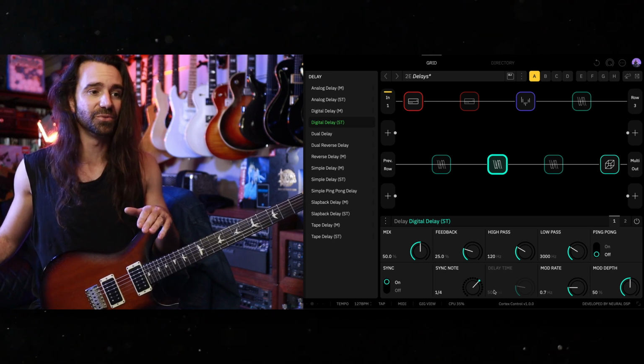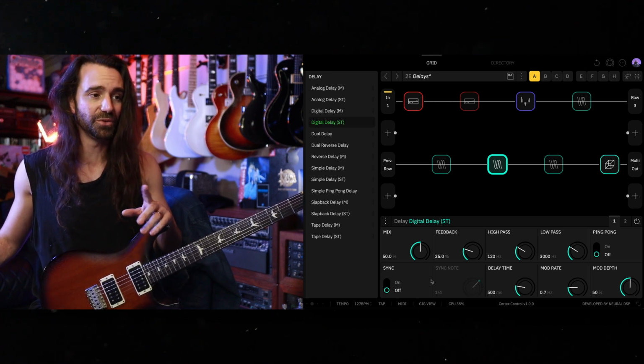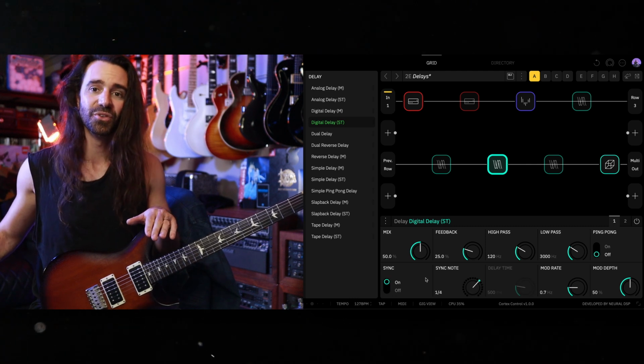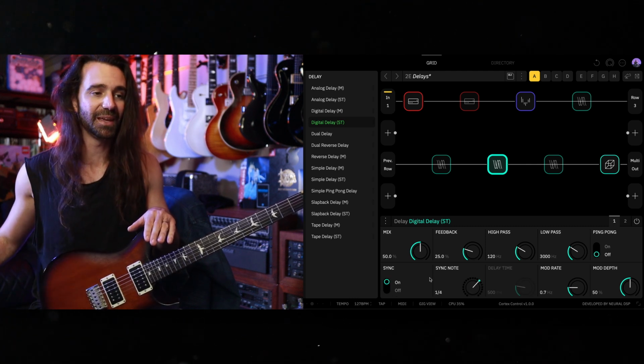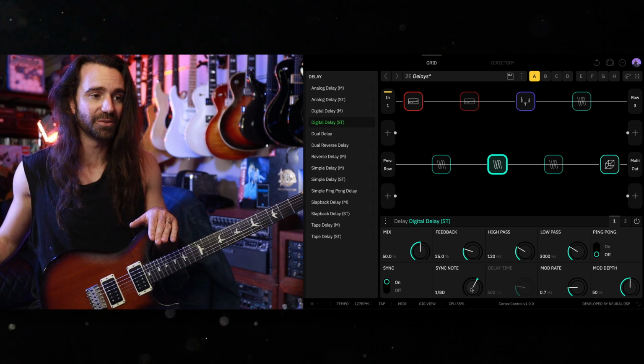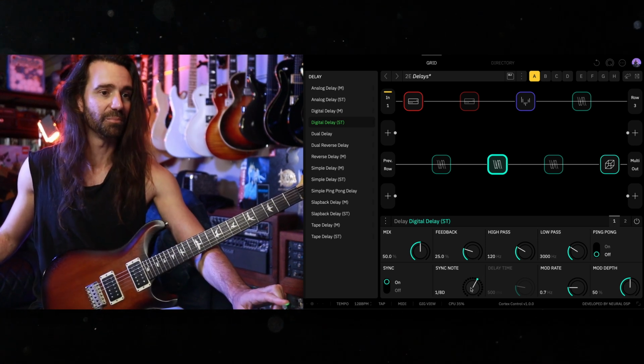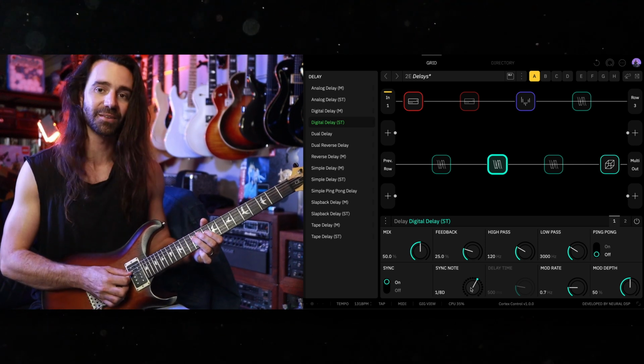There is the ability to just plug in the delay time that you want. You turn the sync button off to do that, or you can sync the delays to the underlying BPM on here and set different rhythmic subdivisions. For example, if I set up a dotted eighth note delay, I came over here on the unit and plugged the tap tempo in, I'd get